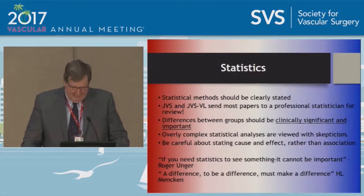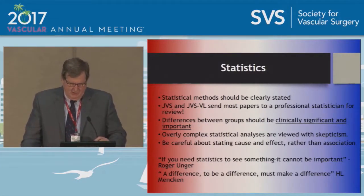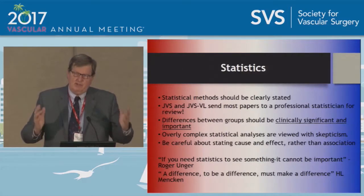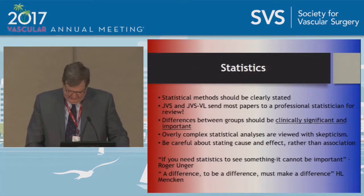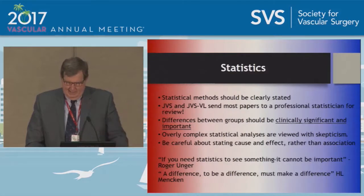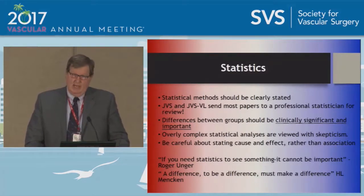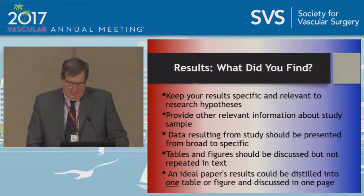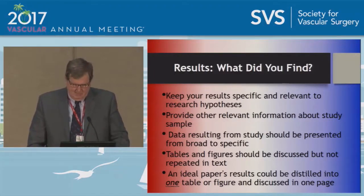And there was a famous quote by H.L. Mencken, who's from many years ago, "A difference to be a difference must make a difference." And the other is, if it's not obvious, if you need statistics to see something, it cannot be that important. Now, we obviously require statistics, but just be aware that statistics should be used and they should be very clearly stated, and you'll hear more in detail about that. Then on the results, what did you find? I think that since that has been well discussed by Philip,